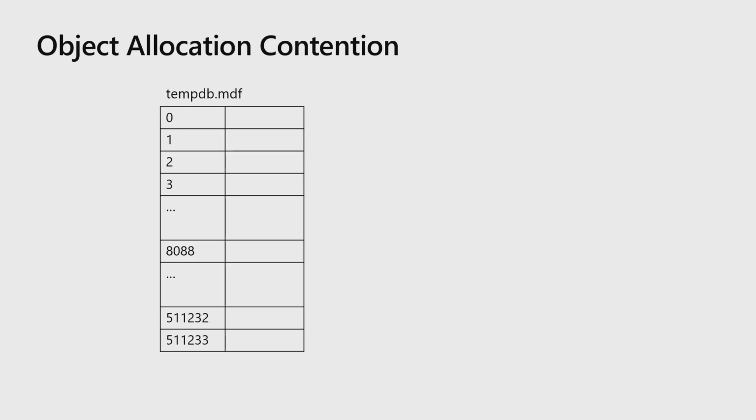tempdb.mdf. The table we see under the tempdb.mdf represents pages. Page 0 is a header page, and this is true for any primary or secondary data file in SQL Server. Page 1 is what we call page free space, which is used anytime SQL Server needs to allocate space to an object. Basically, the PFS page contains information on how full the pages are, and for the next 8,088 pages